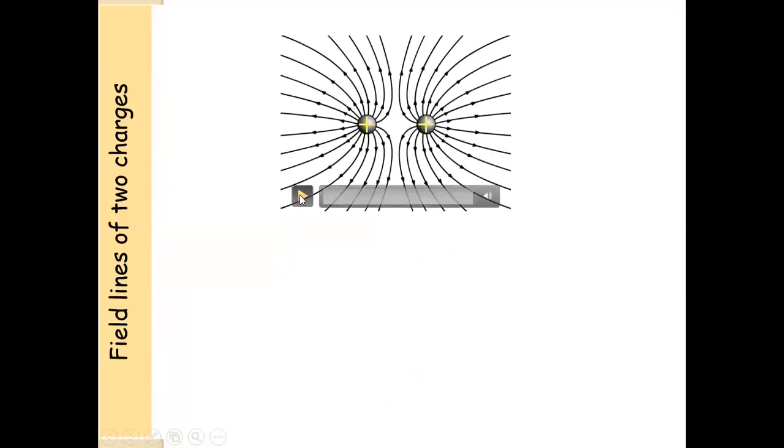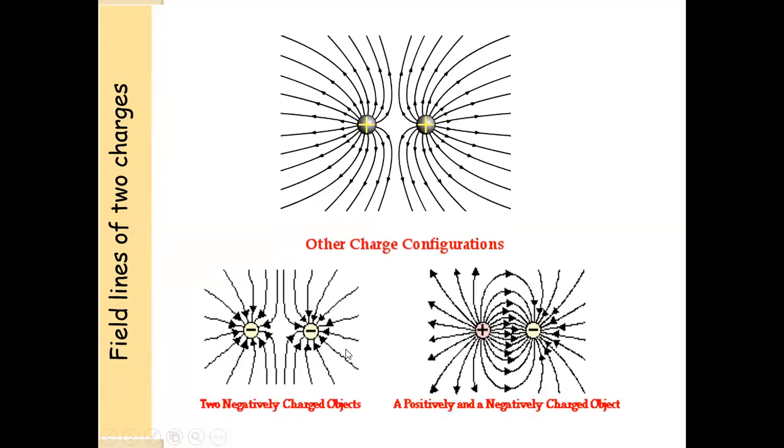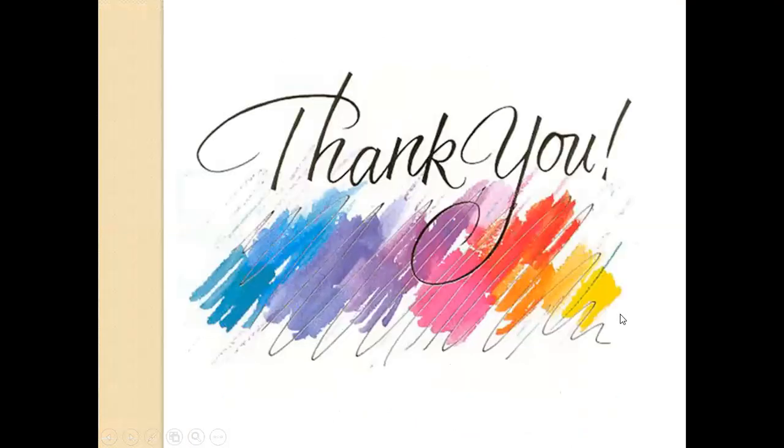And for two charges that are both positive, you see the field lines never cross each other. They are separated, and all the arrows are pointing outward because both are positive. And this will show you both negative, with all the arrows pointing inward, but they never cross each other. And for the positive and negative charge, this is showing you attraction. The lines originate from the positive and terminate at the negative, and again they never cross each other.